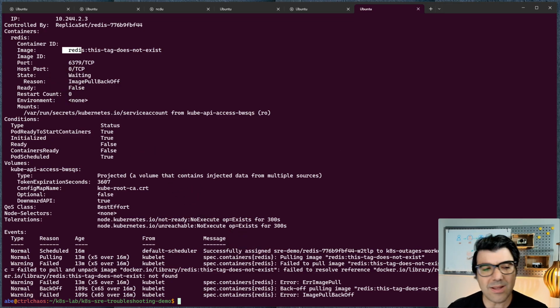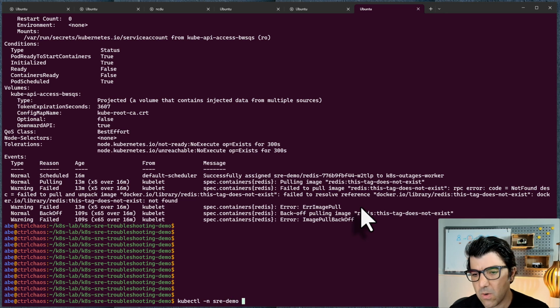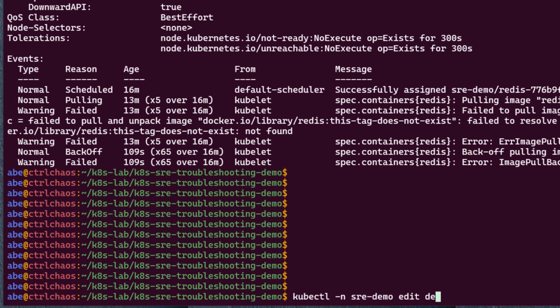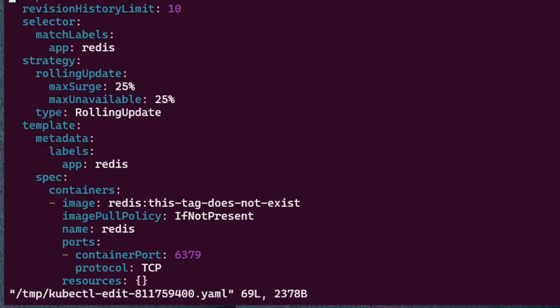Okay. So now let's fix that. How can we fix it? For the sake of the demo, I'm not going to change the YAML file and push it through CI/CD. I just want to do that live. So kubectl -n, is it SRE demo? And I'm going to simply edit deployment Redis. If I go down under the spec, under the template, you will see containers, and the first thing is image. So this is clearly not a real image. I'm going to just remove that,